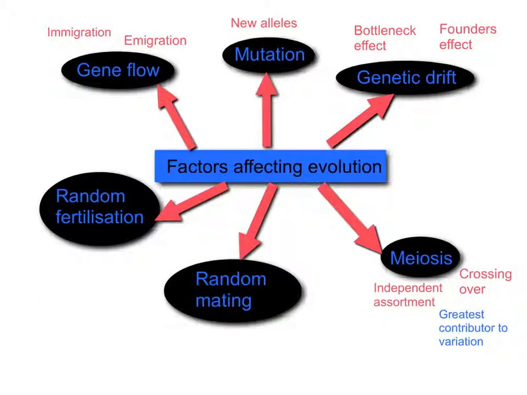And so this is where homologous chromosomes are randomly lined up during that first stage of cell division, in that first cell division. And it is random as to which cell the maternal chromosome and the paternal chromosome will go into. Independent assortment is actually the greatest contributor to variation because